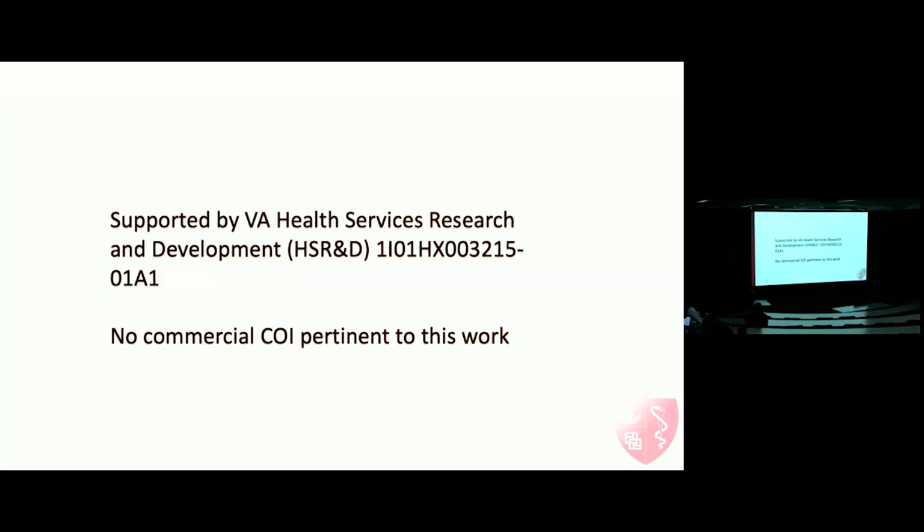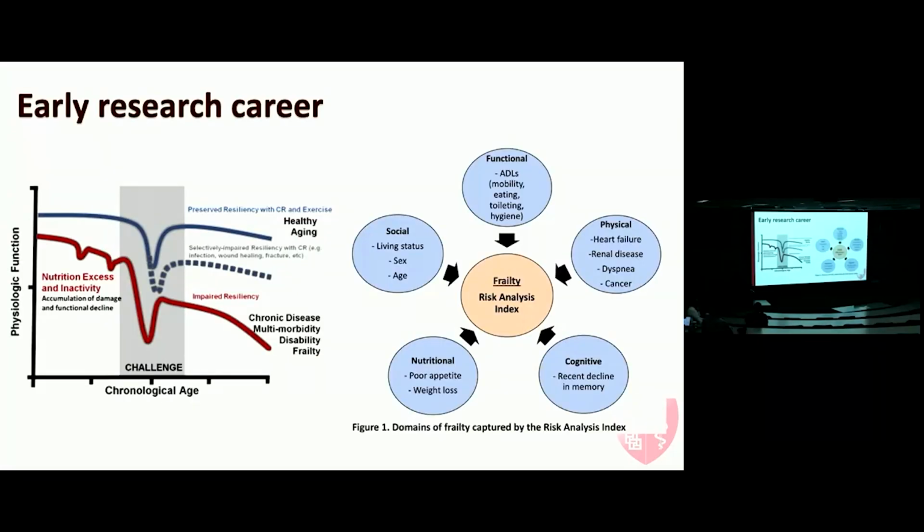These are my disclosures. Many of you know I've spent my early career talking about and studying frailty. This background is just to give you an idea of how I got to pragmatic trials research. Through my early career development awards, I figured out that if a patient is frail, that is a definitive geriatric syndrome and goes beyond geriatrics. You could be young and frail, but have low reserve to tolerate surgery or any stressor, whether it's anesthesia, minor surgery, or major surgery.